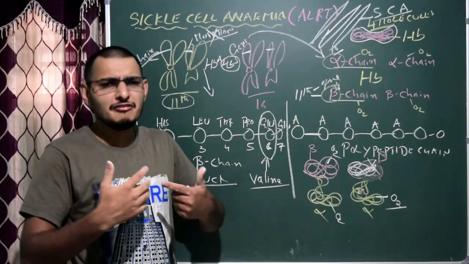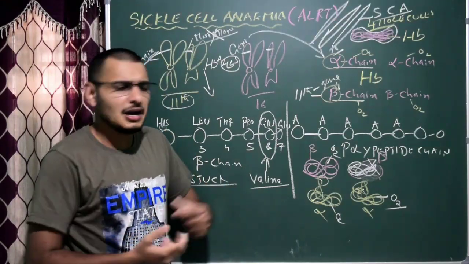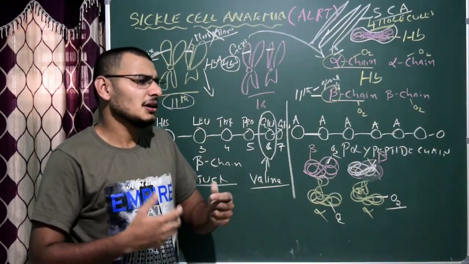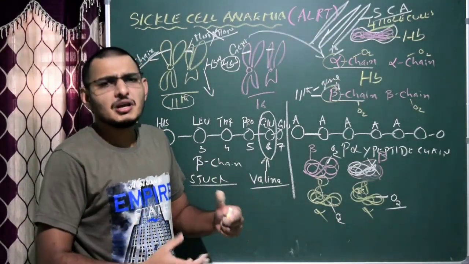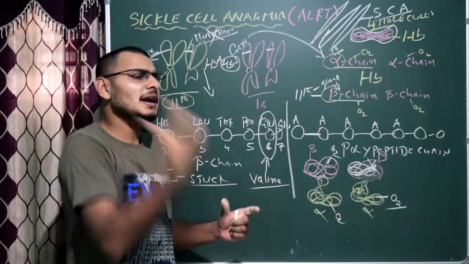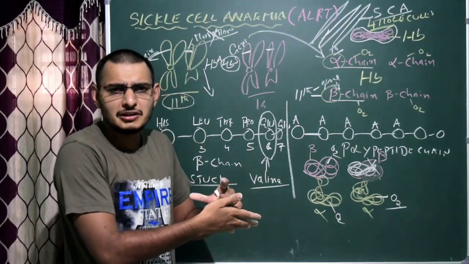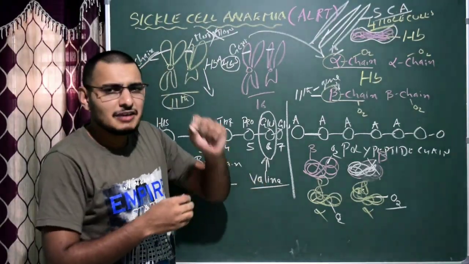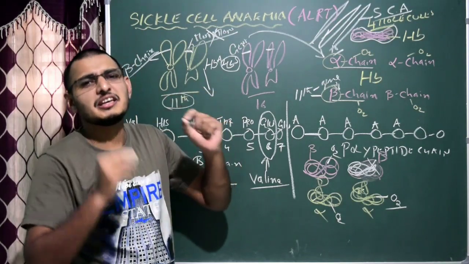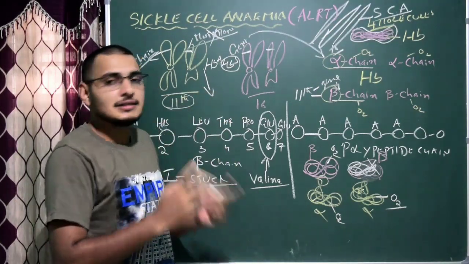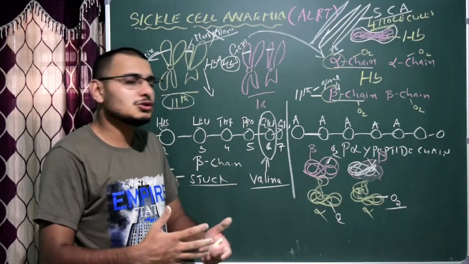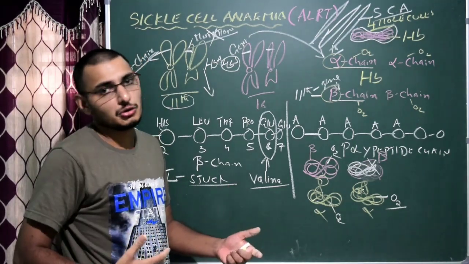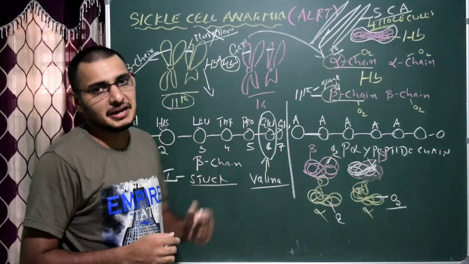stress, for example, if I am suffering from sickle cell anemia and I am running, I need more oxygen. You know the reason behind it: tissues require more oxygen. At the time the heartbeat increases, and the blood should be rushed into the capillaries or into the tissues, but when the cells enter into smaller capillaries, they get stuck. And as a result, it may cause heart failure or heart attack, or it also causes kidney failure, liver failure, or it will impact my brain also.